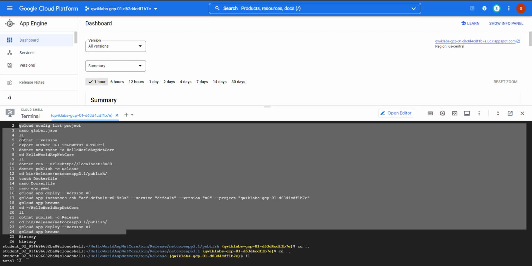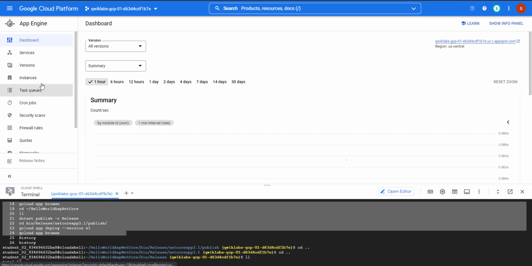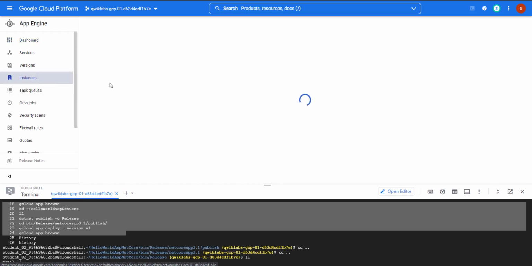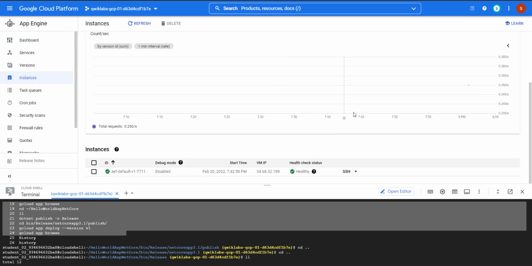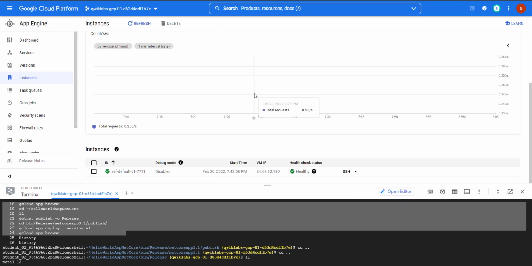There is some advantage over here also. Suppose you are planning to check the instance detail, you can also log into the instance. There is an option to log into the instance. This is not theoretical, this is practical. So based on that, you just follow and try to practice it.